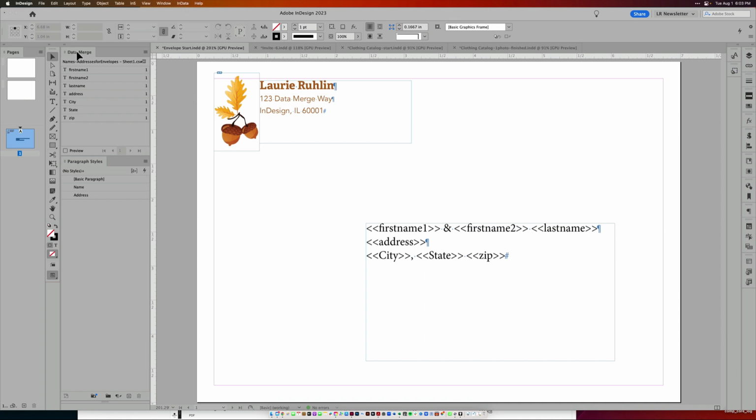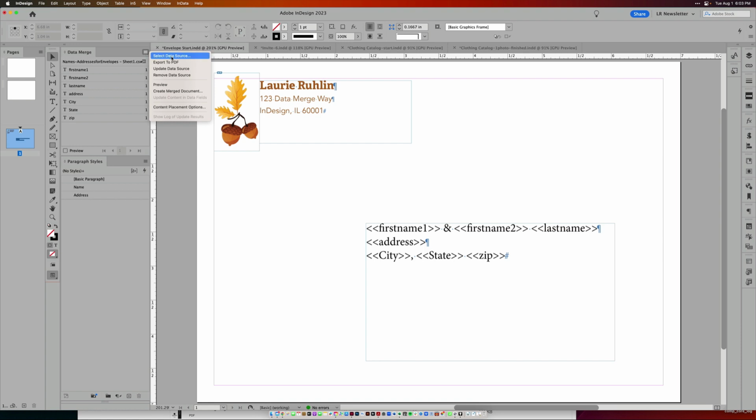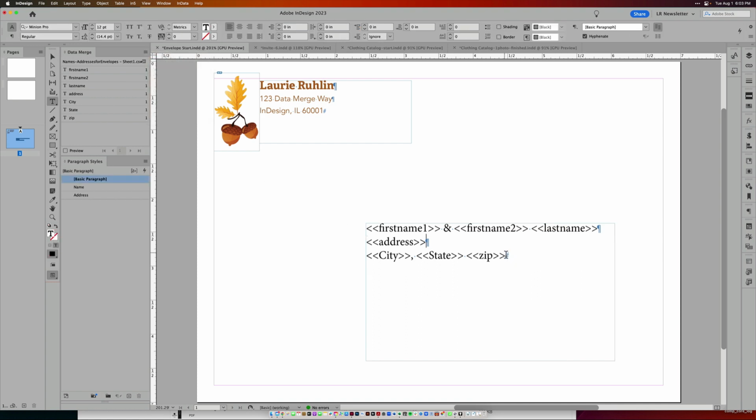So I have a data merge panel up here that I will then choose to select a data source. And I'll show you all about making a good data source. Once we've got that, we can go in here and we can put in a different data piece by just clicking on it. Now I'll hit preview and you can see that I've got the addresses in here, but they're